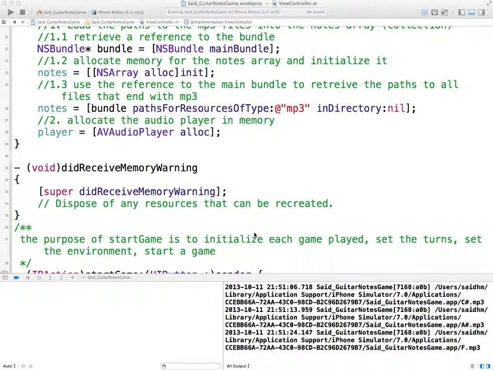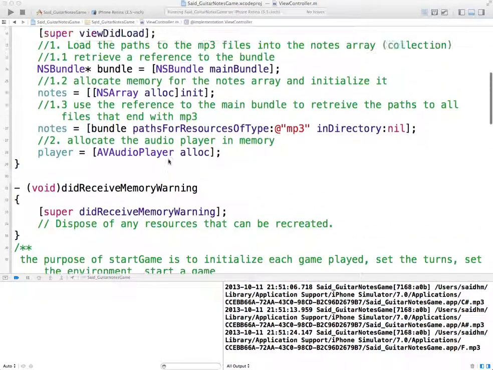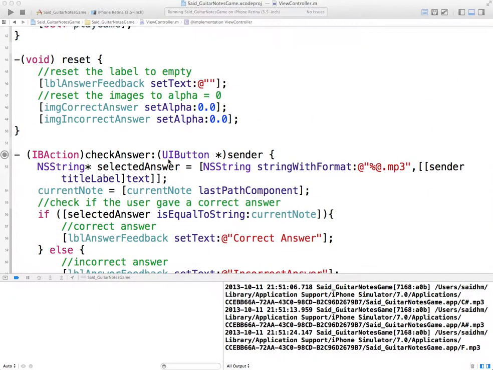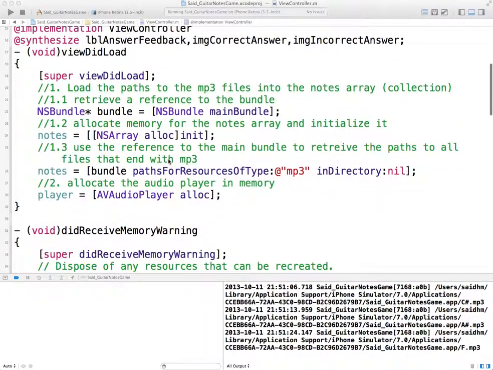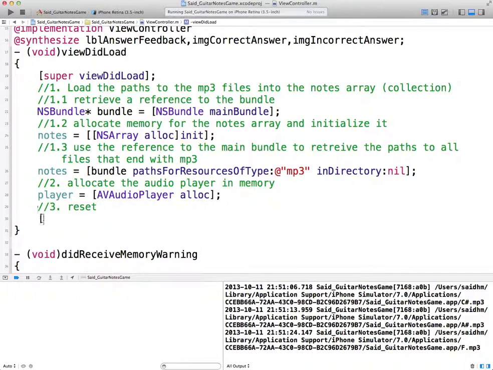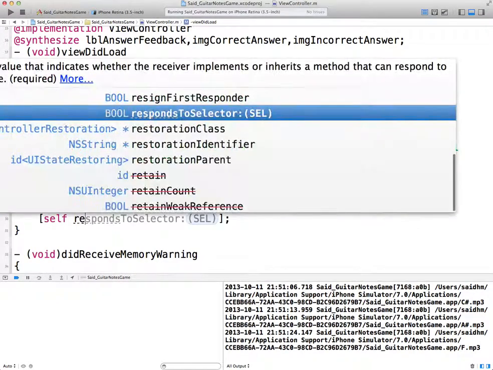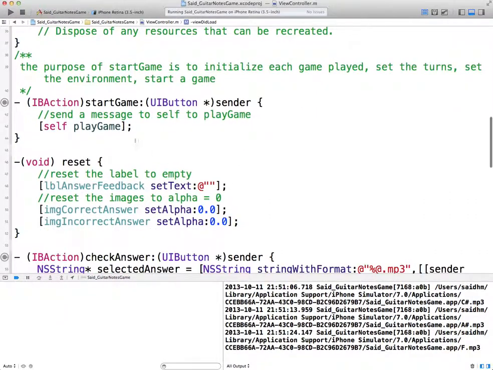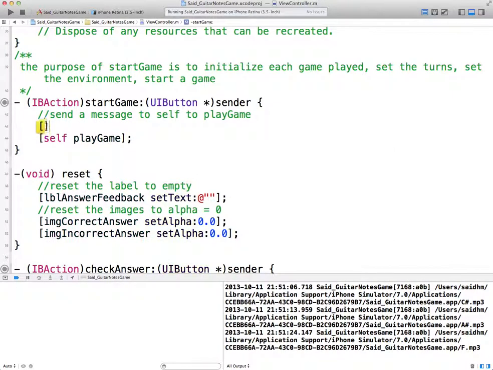This video is a continuation from video number 6, and we will continue working with the images. So we set the image, we created a reset method, and we need to reset everything when the view loads. So in the load here, we add another step that says reset, and send a message to self that says I want you to reset everything. Also, every time the user starts a game, before we play a game, we need to reset. So we say reset, self